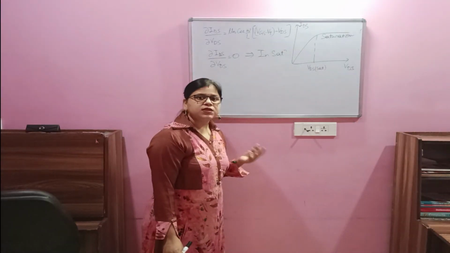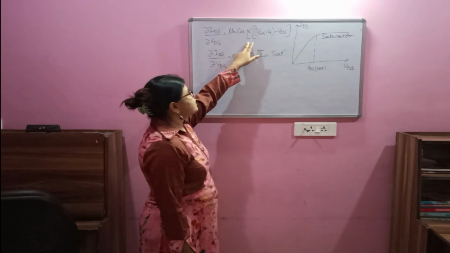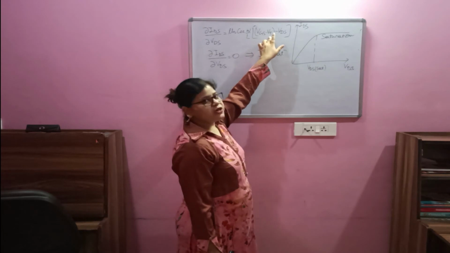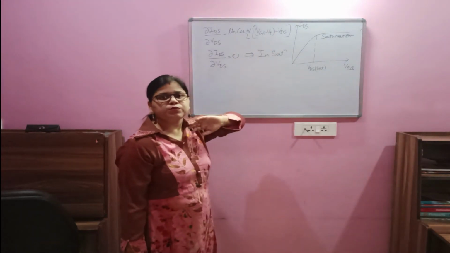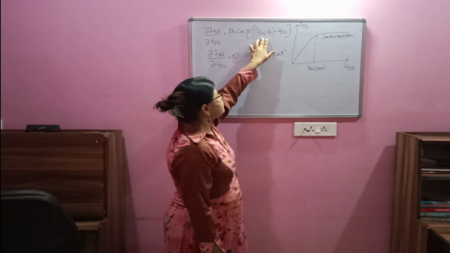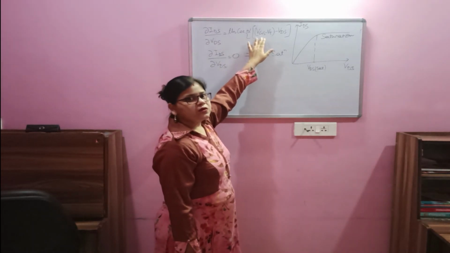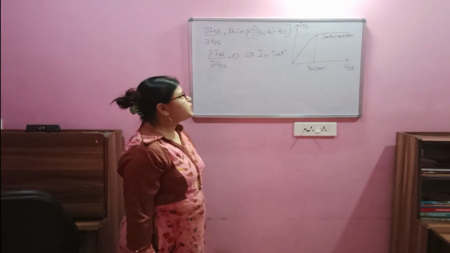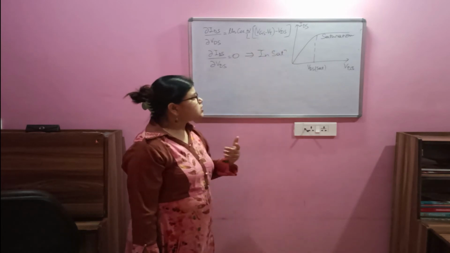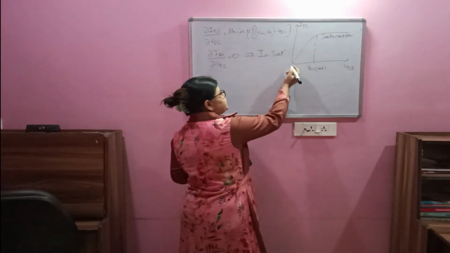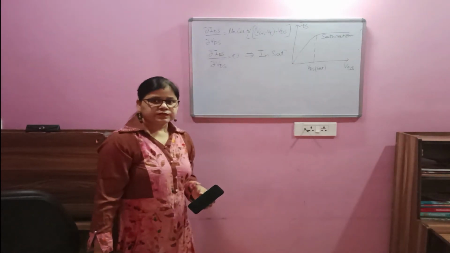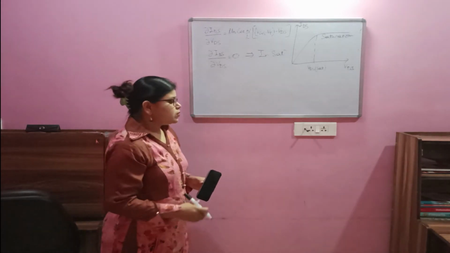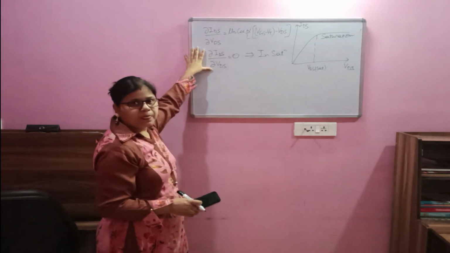Mobility cannot be zero. Oxide capacitance, the width and length of the device, obviously these cannot be zero. These are dimension related terms. Threshold voltage will not be zero. We are considering the NMOS, it has some positive threshold voltage. The applied gate voltage is obviously not zero, because this should either be equal to the threshold voltage or more than that if the device is in a conducting region. And this drain to source voltage can also not be zero, because if it is zero, we will get no current over there. So now what to do in order to achieve this?